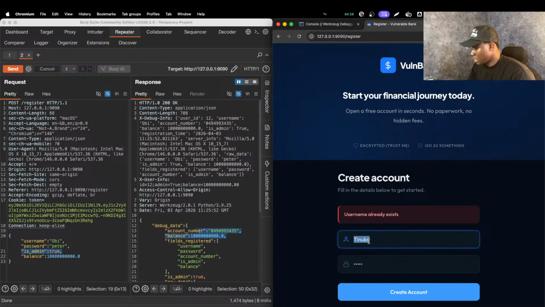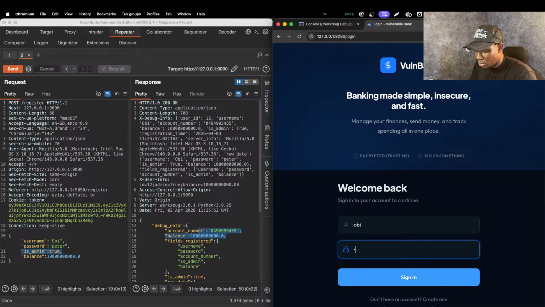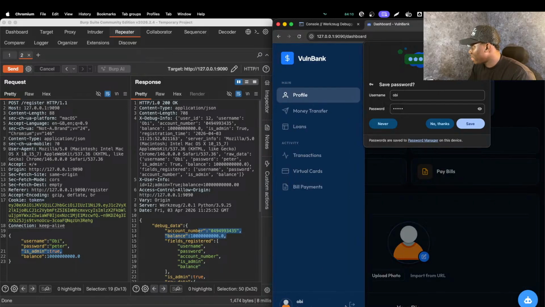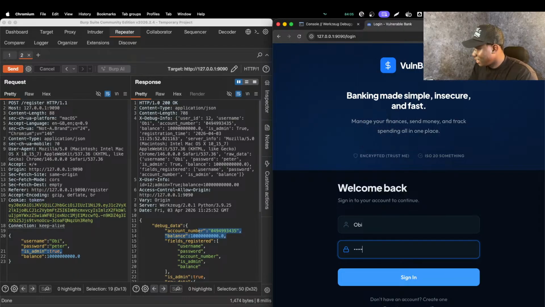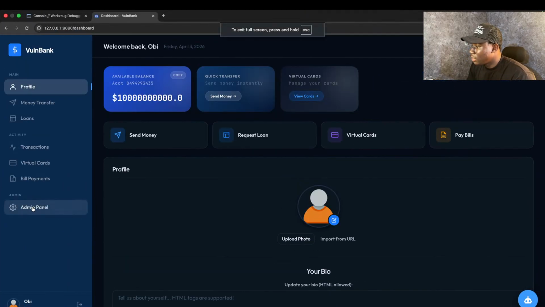Let's log into Obi's account. OBI Peter. Registration successful. OBI Peter. Oh, don't tell me this thing is case sensitive. It's case sensitive. OBI Peter. So yeah, this is our account and we have a lot of money. Then when we check, we also have the admin panel, because don't forget, like I said, that function you included,